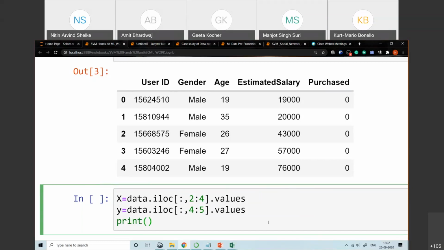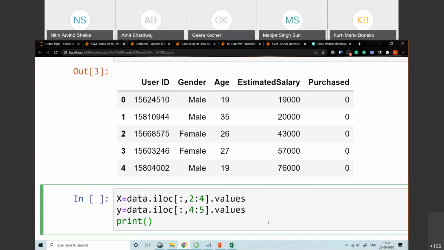Every person has a different logic to extract the dependent and independent variables. Myself, I have 20 to 23 ways to extract this, and you need to explore them. Right now I'm just watching your chat box. Someone is saying -1, someone is saying only 4. That is what we can do.